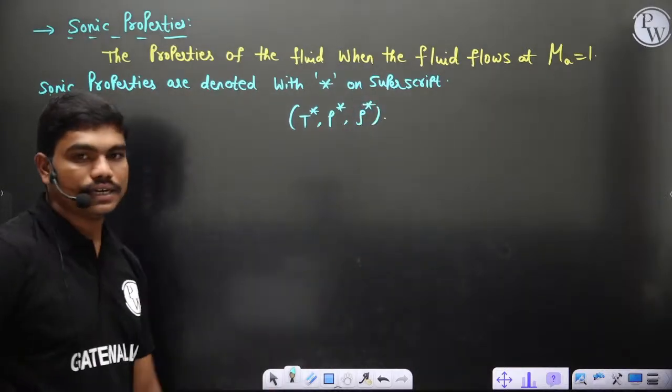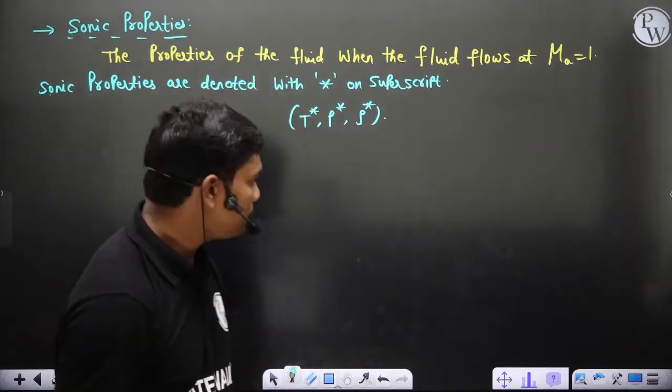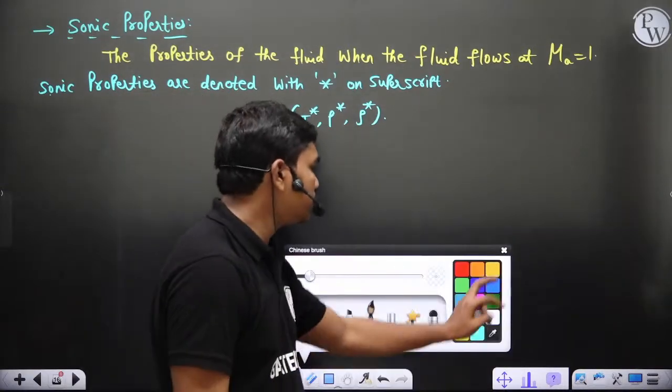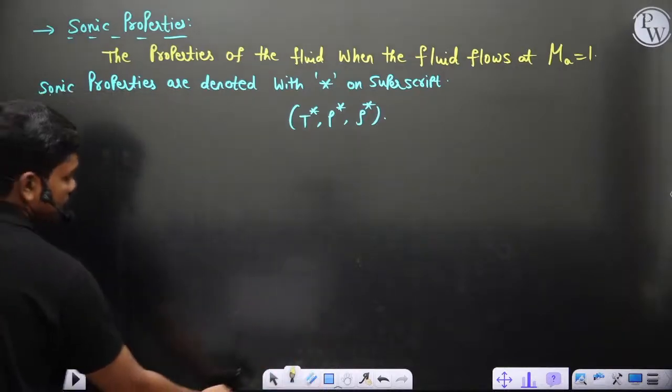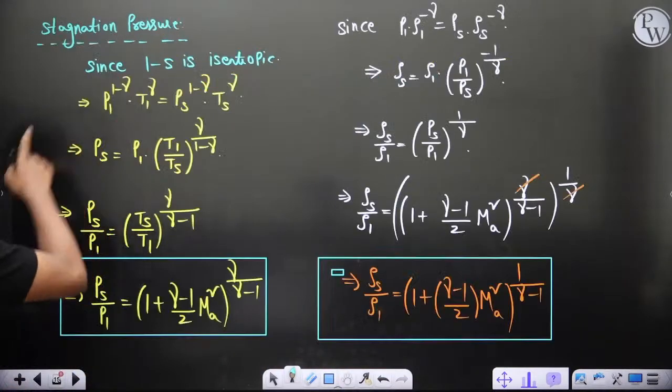This is how you actually denote it. The area of the flow at that particular point is normally noted as A star. We will see this in the case of converging nozzles, maybe in tomorrow's class we will touch upon that. So now if you see this, again if you do the same story for this,